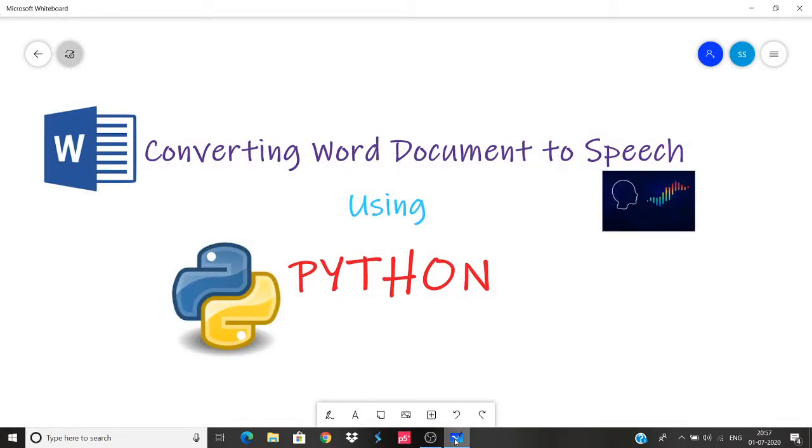Today we will do a basic project that might help you going forward, as the placement season is going to come very soon for a lot of you guys. Let's create a very simple project using Python. So what we're doing is we are converting a Word document. Whatever text is present in the Word document will be converted into speech.